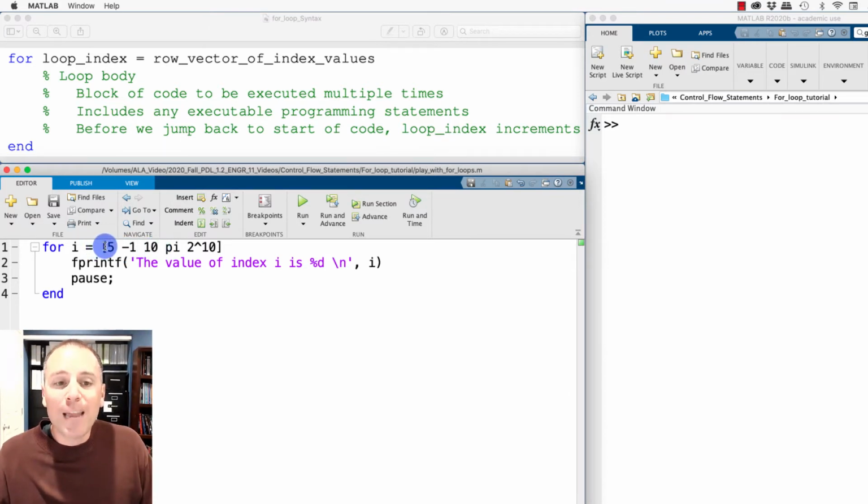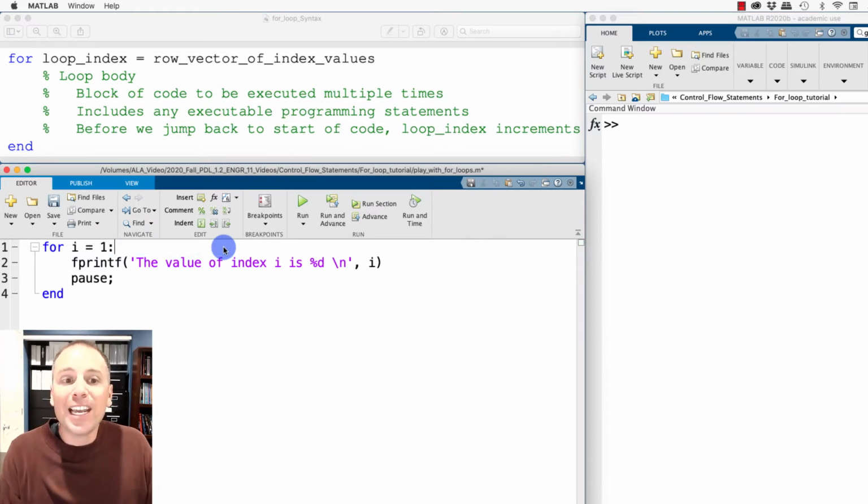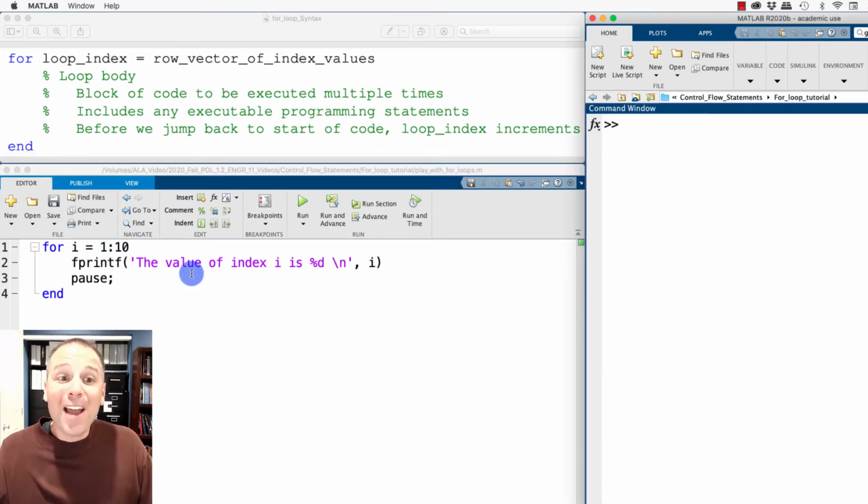Notice that we could type out in a row vector the desired values for my index variable, but oftentimes in for loops, we're going to want to use the counting values. So start at 1, go up to 2, 3, 4, up to some value. In that case, we can take advantage of colon notation. Remember, if I were to say for i equals the vector 1:10, this vector is going to be a row vector that starts at 1, goes up to 10, and increments in sizes of 1. When I run this code, MATLAB is going to run from 1 to 10 and just increment i accordingly.